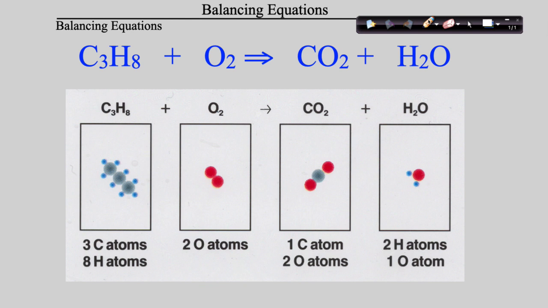So again, how many carbons are going in? 3. How many are coming out? 1. But guys, this is not the way to fix that. You cannot just huck a 3 into the middle of a carbon dioxide molecule because, guys, 3 carbons cannot bond stably with 2 oxygens. So what do we do instead? And guys, the answer is,